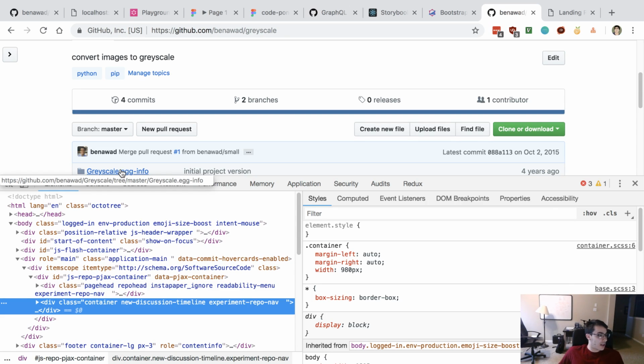But what I'm going to do is make the wrapper use ems instead of pixels. All right, I'm down for that. The wrapper, I can always change the size of that at a later point if I need to, and it can just kind of flow, if you will.